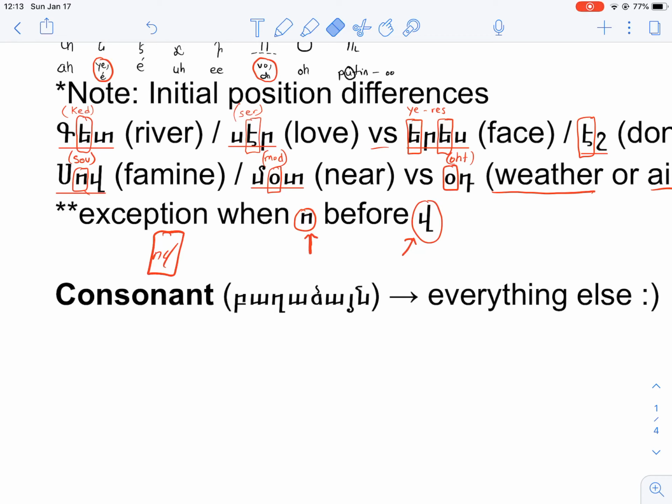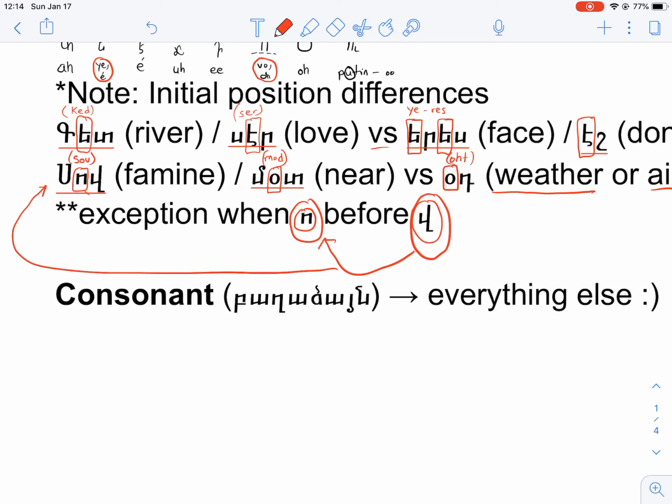But the lesson here, guys, is that if you have an o sound before a metzv, before a vev, before this letter, then it is spelled with a vo. I hope that's clear. Right, so we saw this in this word, sov. Okay, so o before v is always spelled with a vo. Okay.